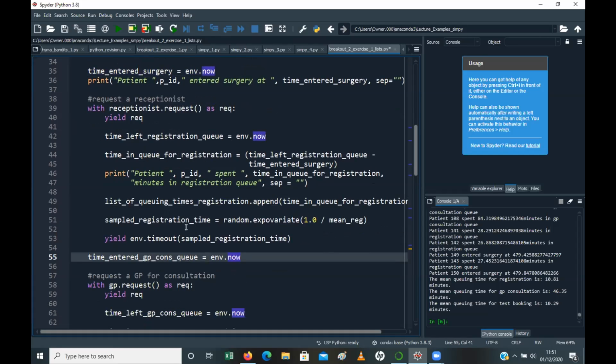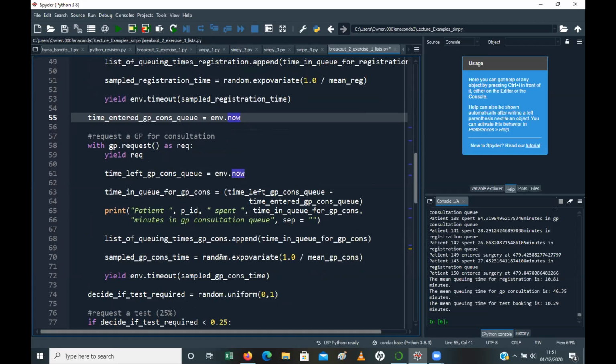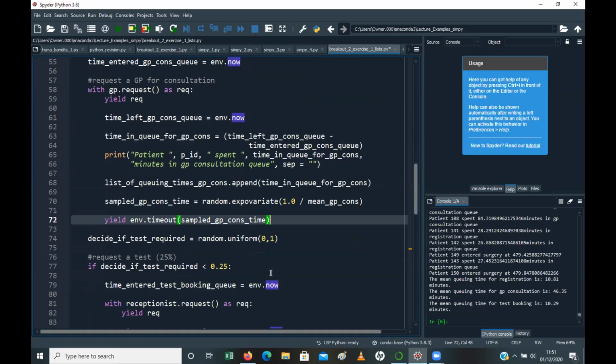So after they finished queuing for the receptionist, they then queued for a GP consultation, and again it's the same setup. So the time they left the queue and started seeing the GP is what this particular line here is about, time left GP cons queue. And then you get to the next bit, which decides whether or not they're going to go for a